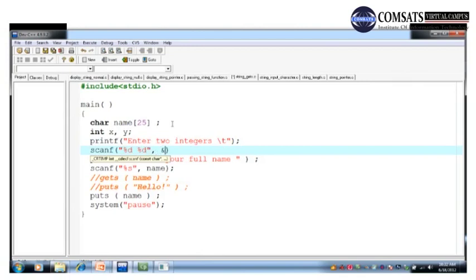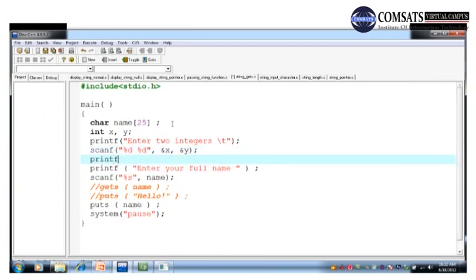The first will be stored at the memory that is associated with the x variable, and the second will be stored at the memory that is associated with the y variable. And then in the printf function we are going to display that value %d, comma x, comma y,